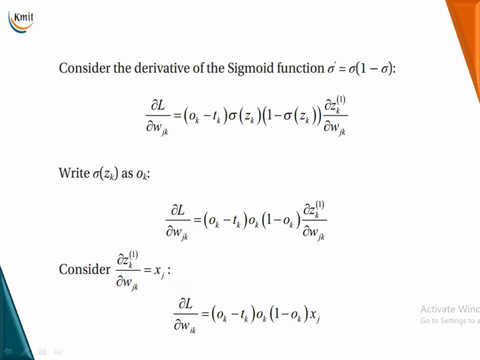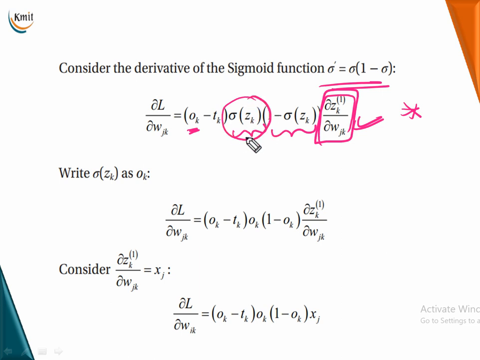So you can see here, what did I get? When I substituted the gradient of my activation function, I got sigma(Z_K) into 1 minus sigma(Z_K), and this is not to be forgotten, this is my internal derivative. This is one important point which you must remember while you are writing this in your exam. Now if I want to put everything in terms of O_K, this is the same strategy we followed for the single neuron also, right? I know that sigma of Z_K is nothing but O_K, so 1 minus O_K I will get. So that's how I got here: the partial derivative of the loss function is (O_K minus T_K), O_K, (1 minus O_K), and this part retains as it is.